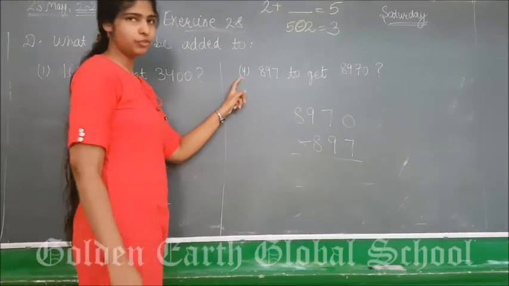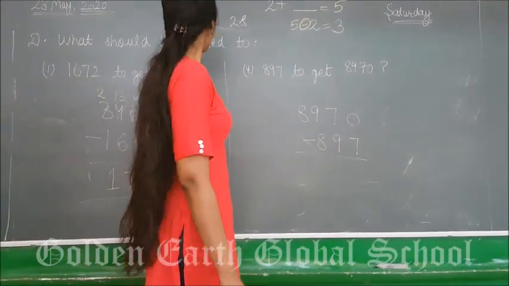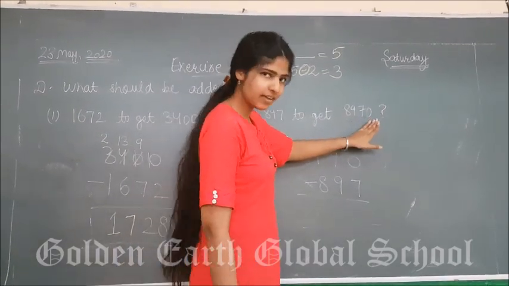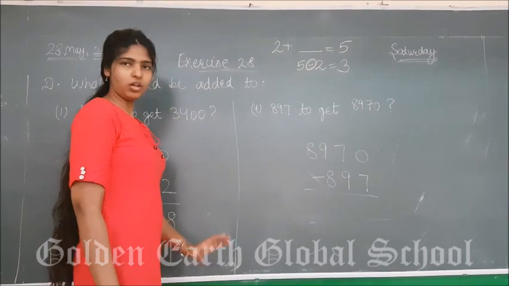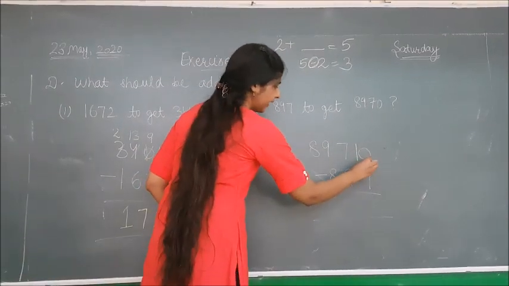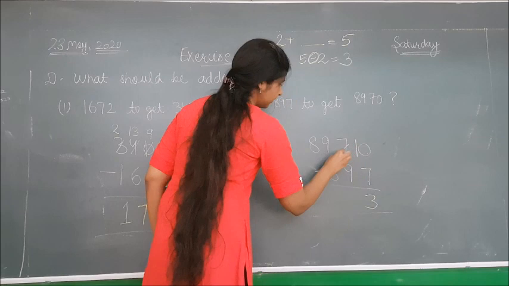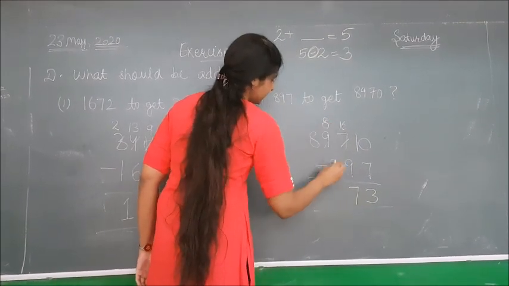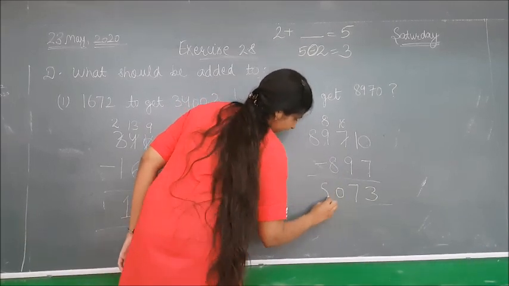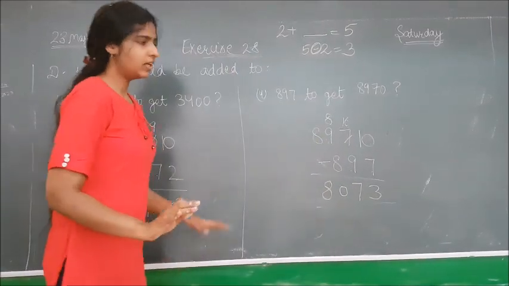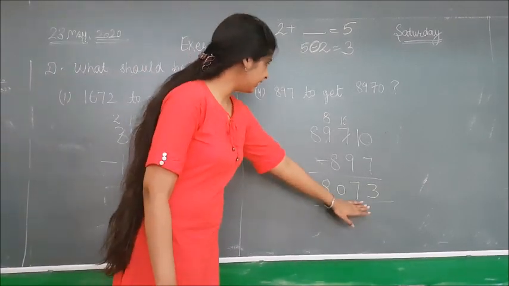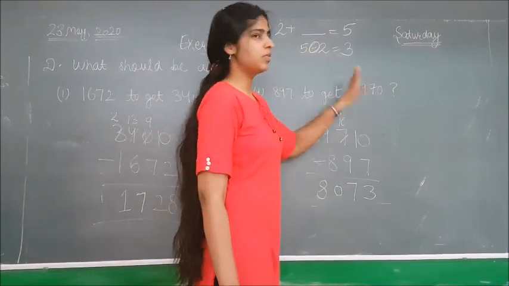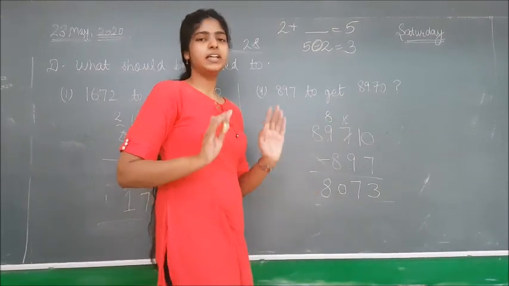Now I am doing the fourth part. What should be added to 897 to get 8970? In the same way, use the concept of subtraction. 8 minus 8 is 0 and 8. Clear? So 8073 should be added in 897 to get 8970. Just use the concept